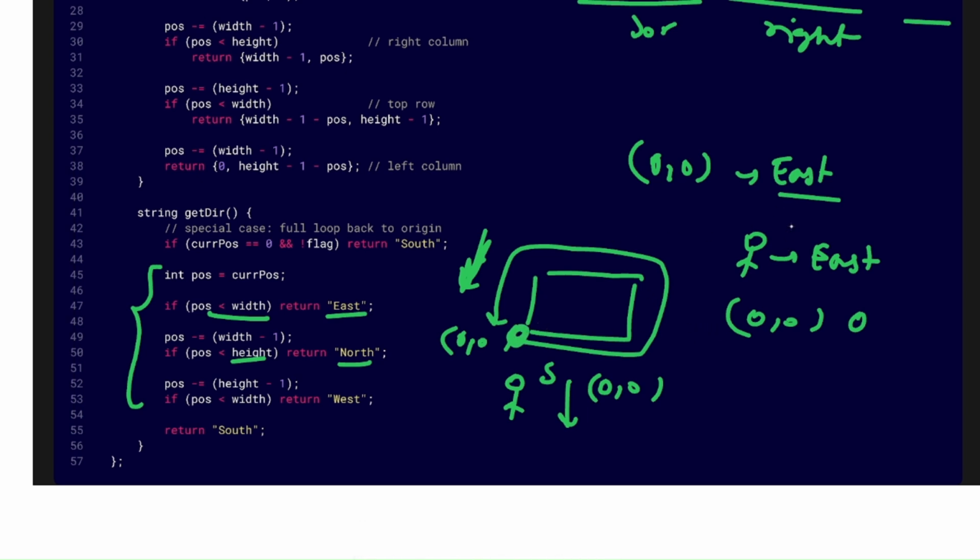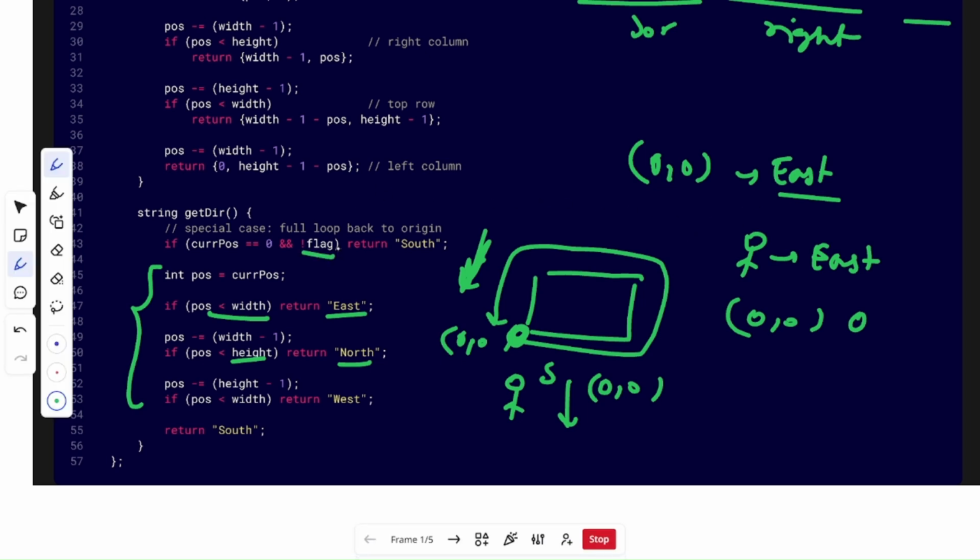So we can differentiate these two cases. We are just using the flag variable. If flag is false, which means you already moved some steps, like you moved your robot by some steps, then 0 comma 0 will be south.